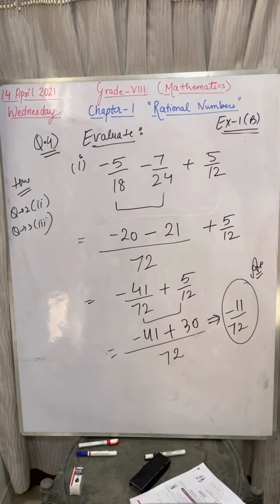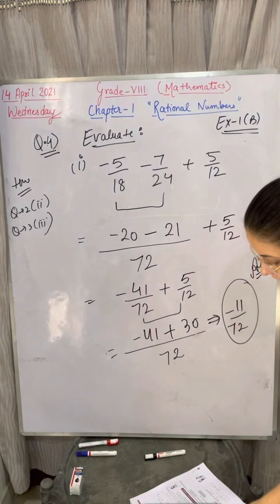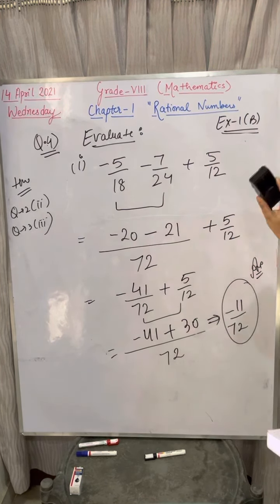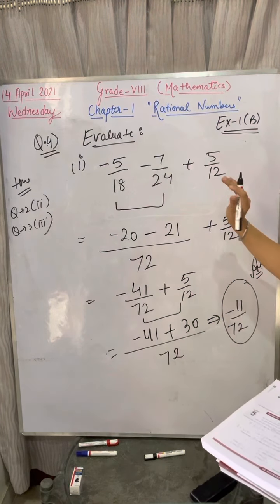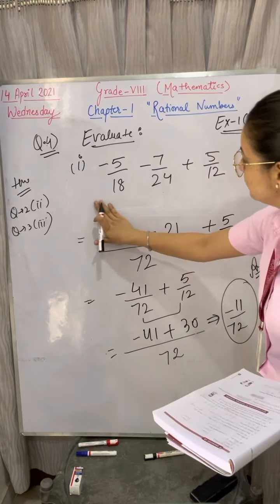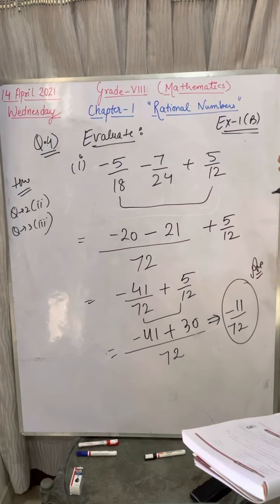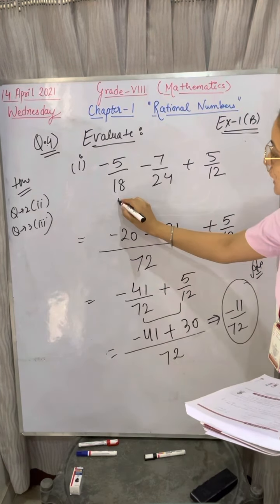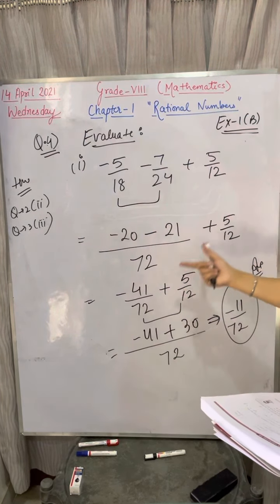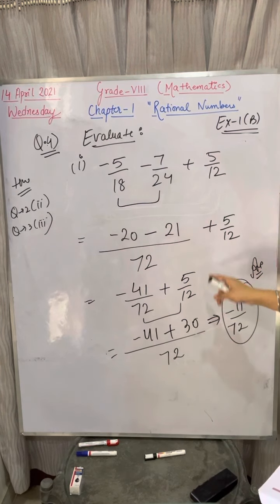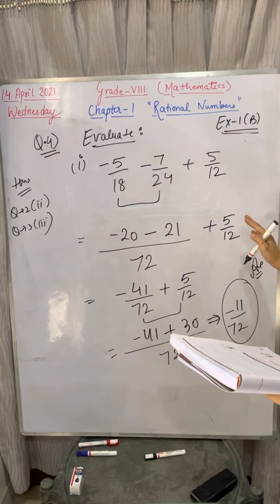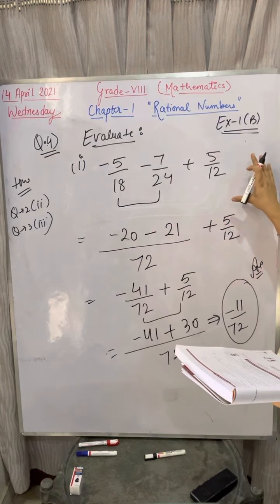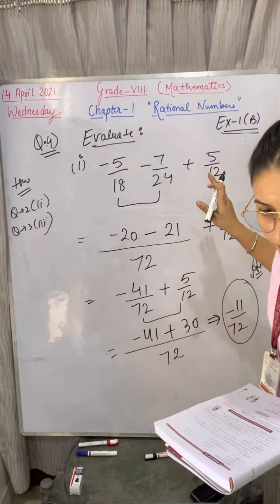Okay, all right. Now there are second and third part. Okay, so both the parts are your homework. In both the parts, I'm telling you, you can take out the LCM together in the beginning. Take out the LCM together and then you can solve. Otherwise, you can take out the LCM of first two terms and then you can compute with the last term. Okay, it's up to you. It is very, very easy. Evaluation is just solve the statements, just solve the terms, one by one. Okay.